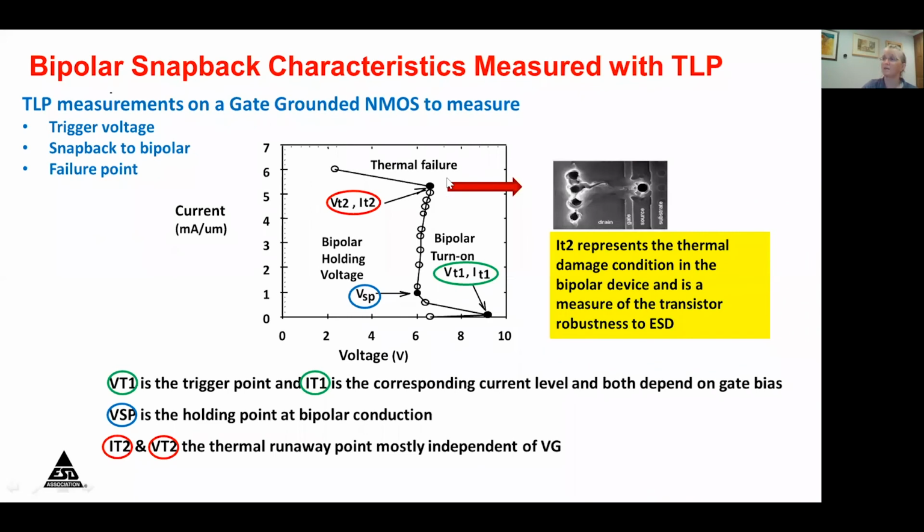So we get a curve in measurement that looks something like this, where we have milliamps per micron of device width. We test to a trigger point. You see how much current you can carry safely, and then you reach a point of thermal failure, and you set the design guidelines so that you back off from that and ensure the designer doesn't reach that point. The point of failure is a thermal failure. At some point you reach the level where the silicon will melt locally and a low resistance path forms, causing permanent damage.